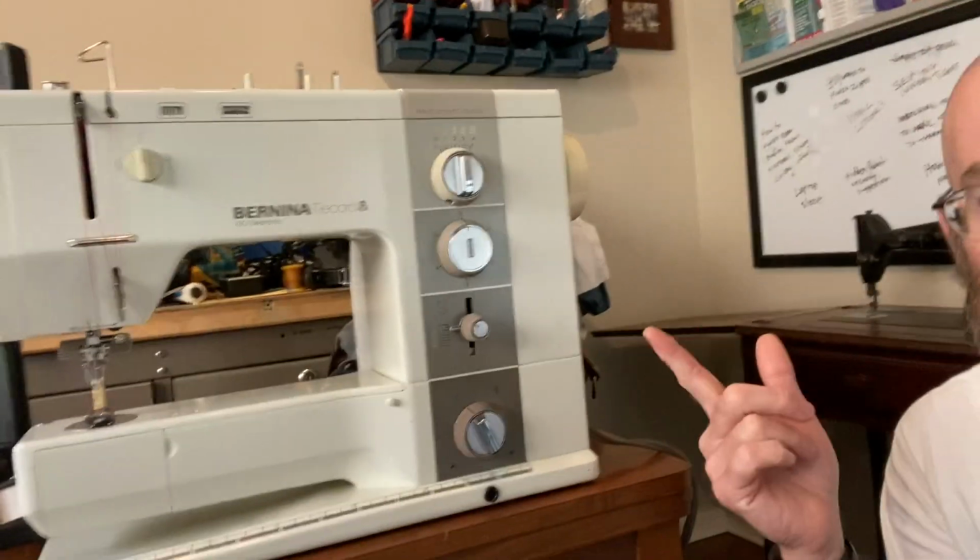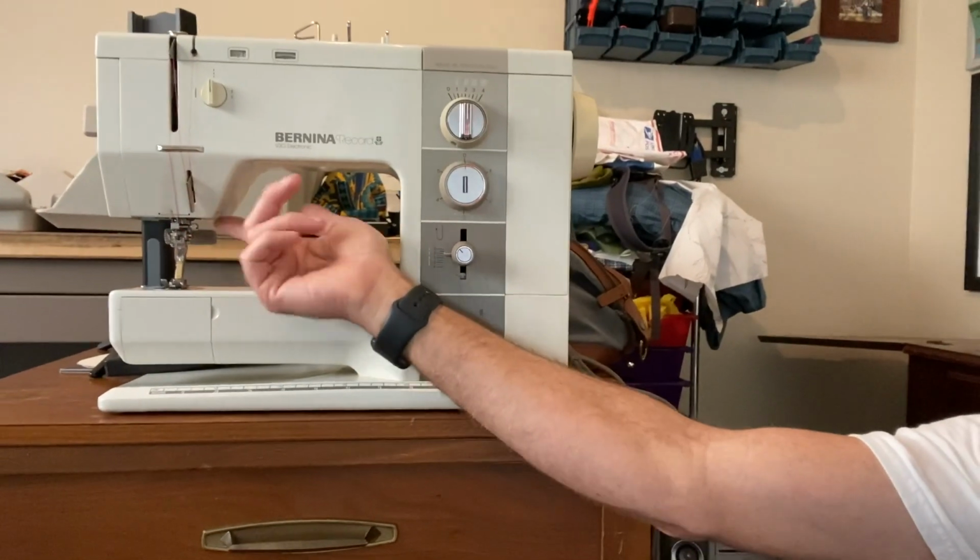This is going to be just a really quick follow-up to my last video, which was this Bernina 930 record. One of the things I was impressed about with this machine is that it has the capacity for a knee lift. This hole here, you insert a lever there, and that lever actuates the presser foot to raise the presser